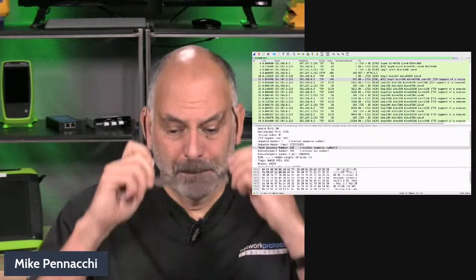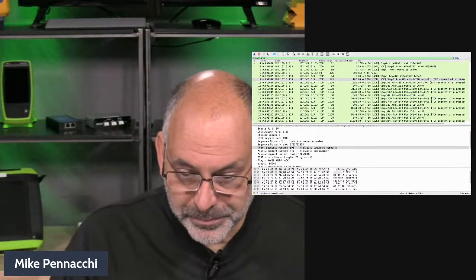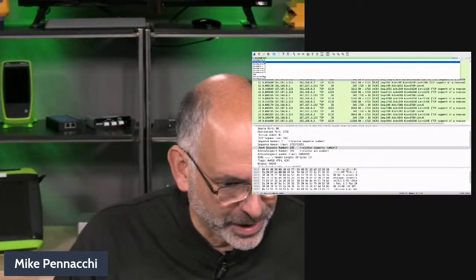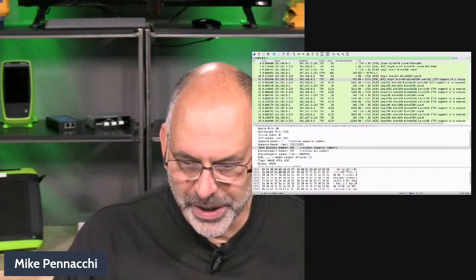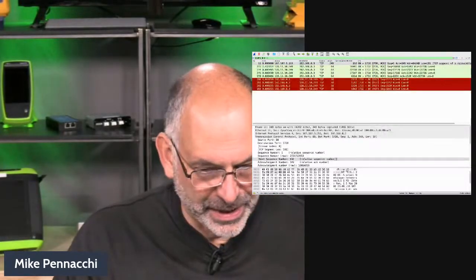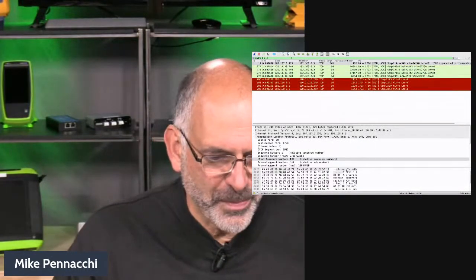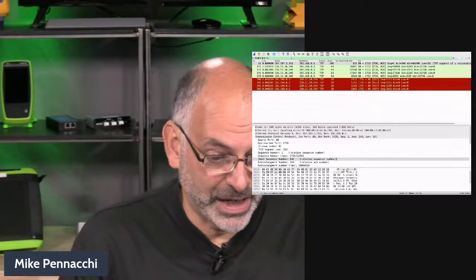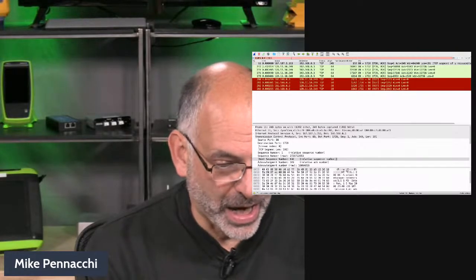So now I could add a filter for that. I could come back here, I could drop my filters down. I could say TCP time delta greater than 1. And let's apply that. Now we see some resets. We see some FINs. So maybe I'm not concerned about FINs. I'm not concerned about it taking a long time for it to close the TCP connection or to reset the TCP connection. So I could say and.